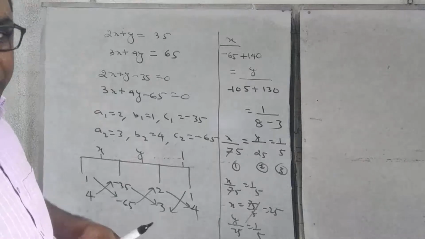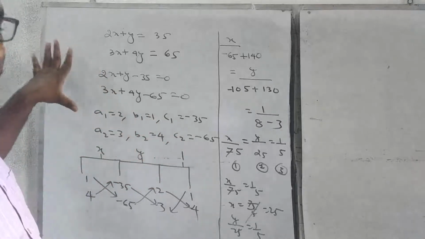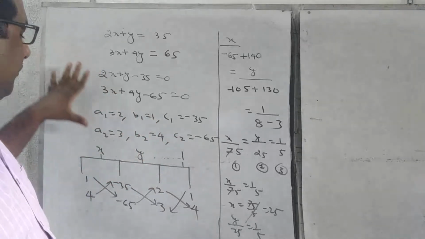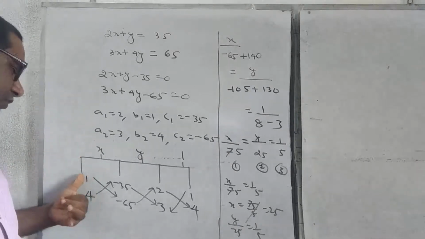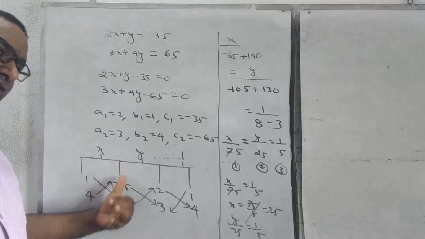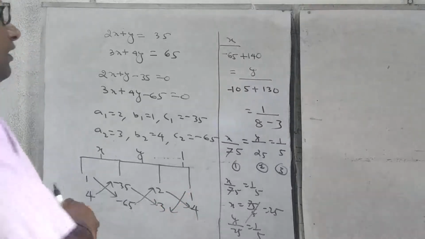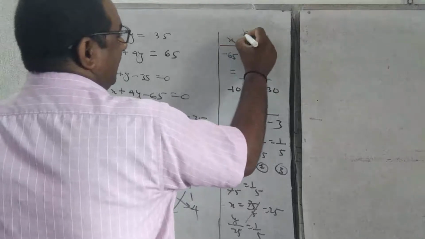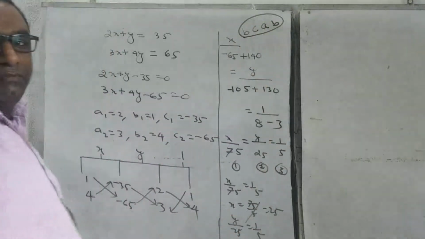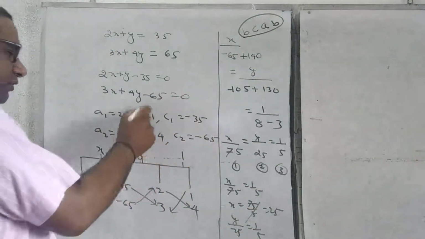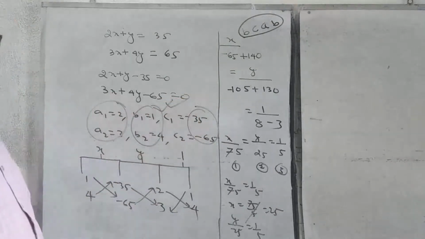So the main thing is that first of all you write the coefficients a1, b1, c1, a2, b2, c2, so that you cannot confuse at all. And once you write the coefficients, then you can memorize the things. How can you write the cross multiplication coefficients? So first of all b1, b2, then c1, c2, then a1, a2, and then b1, b2. You can remember in sequence. What comes after B? What comes after C? A and then B. Please remember in this sequence B, C, A. First of all this coefficient, then this coefficient, and then the coefficient again. This is in the last.